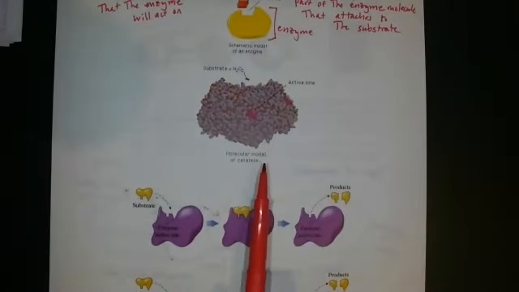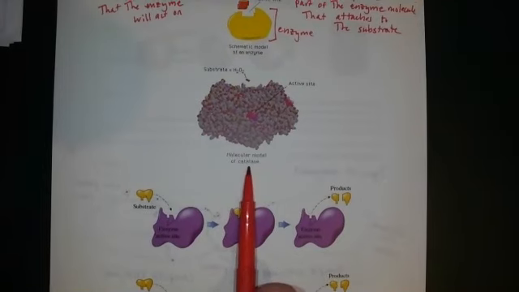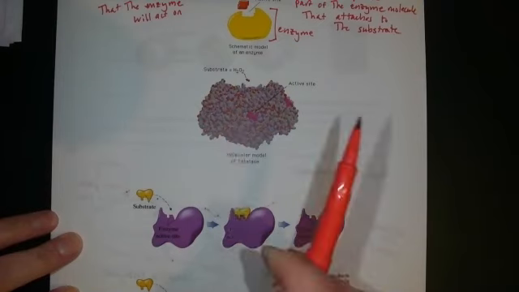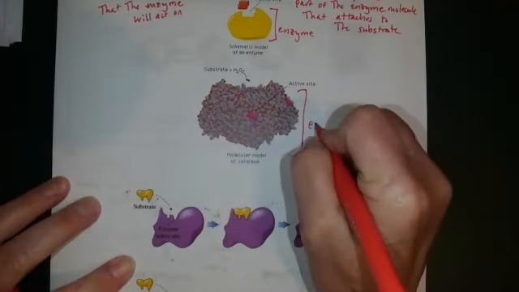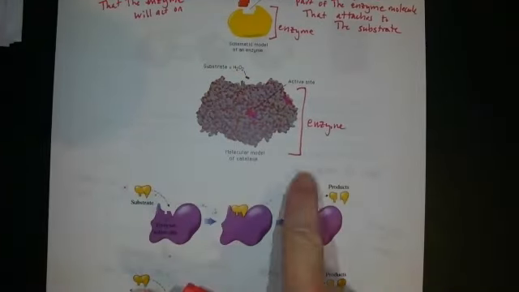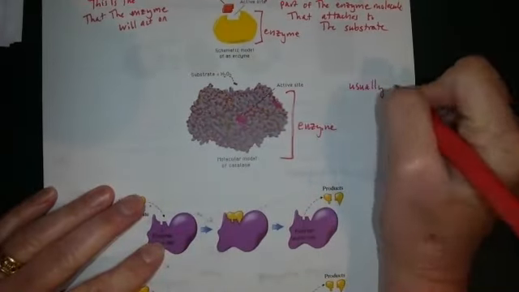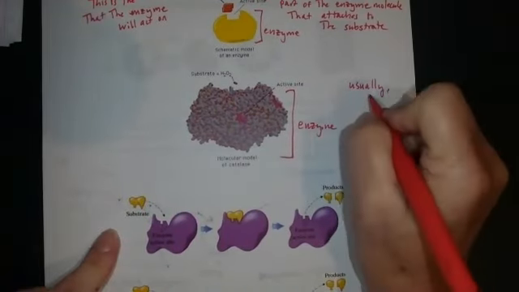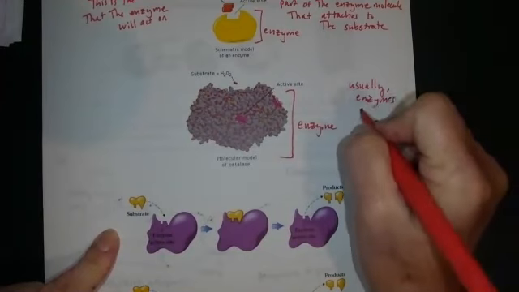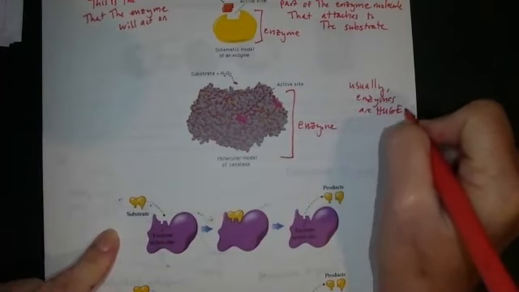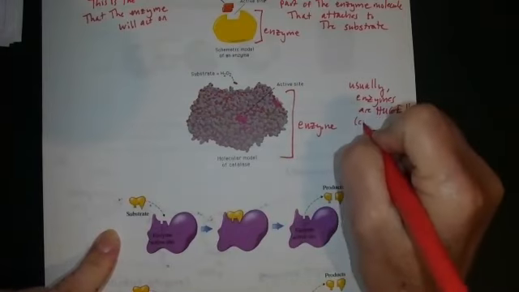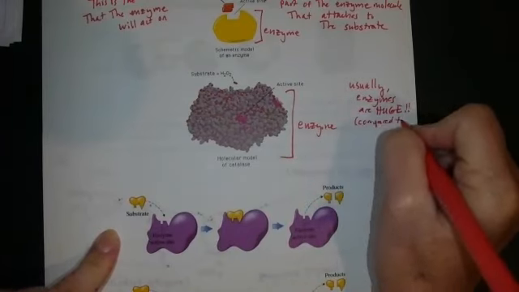This is showing a model of a specific enzyme called catalase. Catalase is an enzyme that you'll be working with in the enzyme lab that you'll be doing, and it's showing the enzyme itself. This whole thing is the enzyme, and it's showing the substrate. One thing I would like you to notice right off the bat is that, not every single time, but almost always, enzymes are huge. Look how big that enzyme is compared to that tiny substrate. Enzymes are huge compared to the substrate. That's common.